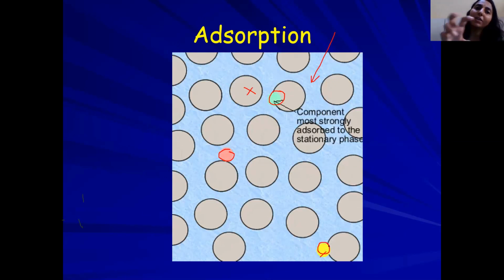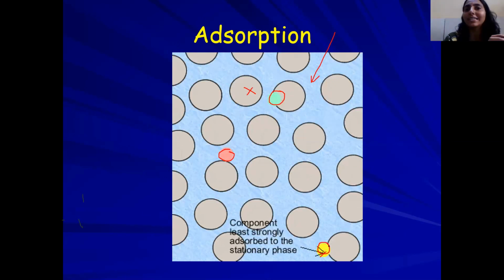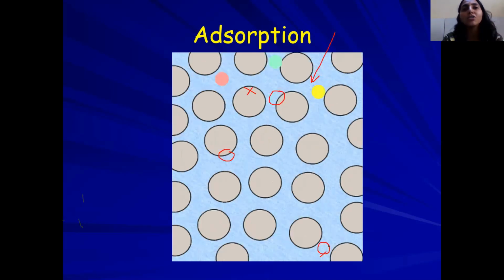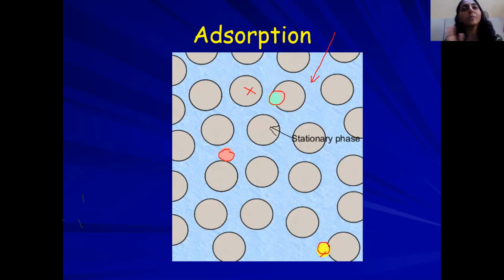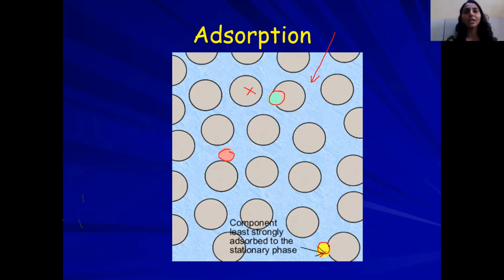Now, if I have different types of balls which have different exterior surfaces, but I have only one type of stationary phase, every ball will move along that surface differently. That is adsorption. That is what is shown in this figure. You have a sample which automatically will get separated into its components because of the affinity of that particular element to the stationary phase. That is what is actually meant by adsorption.